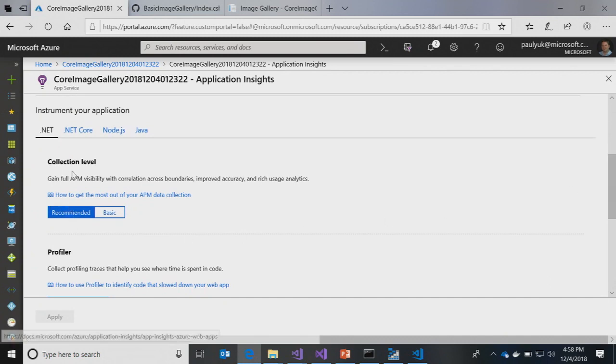So first thing, we collect metrics and logs. That's standard. But we also collect some APM, or application performance monitoring, data, meaning things like requests, which is a big part of a web app. We understand request times. We understand requests per second. And there are some really cool things with application insights. It actually knows inbound and outbound dependencies, and there's a correlation that gets added all the way through. What that lets you do is understand the end-to-end distributed trace of an entire application, which you can understand from logs. Logs are incredibly powerful. I think everyone uses them, but the tracing goes that one step beyond to help you understand full transactions.